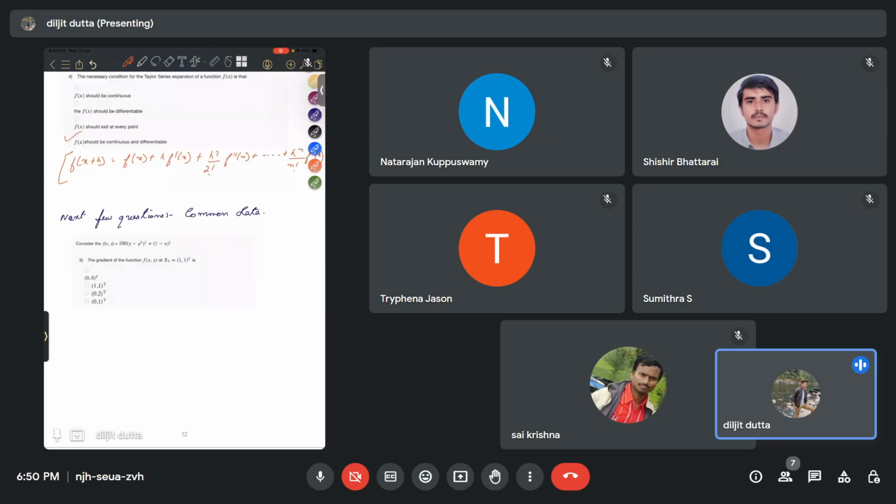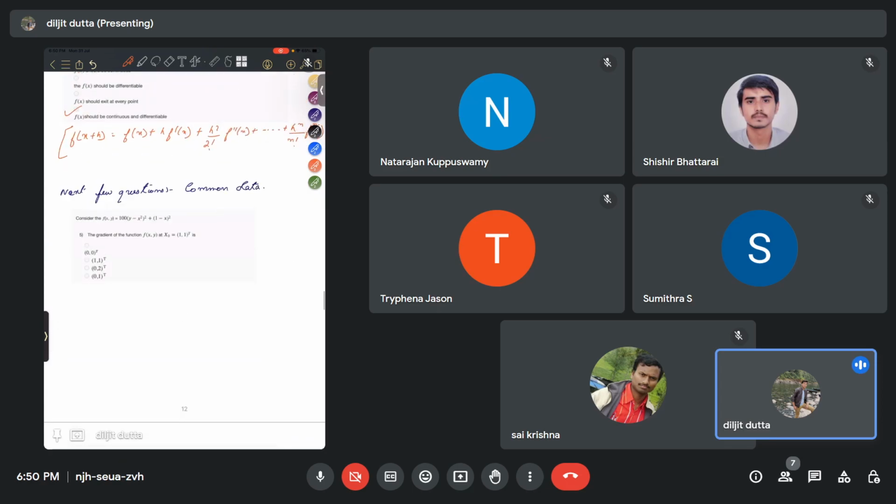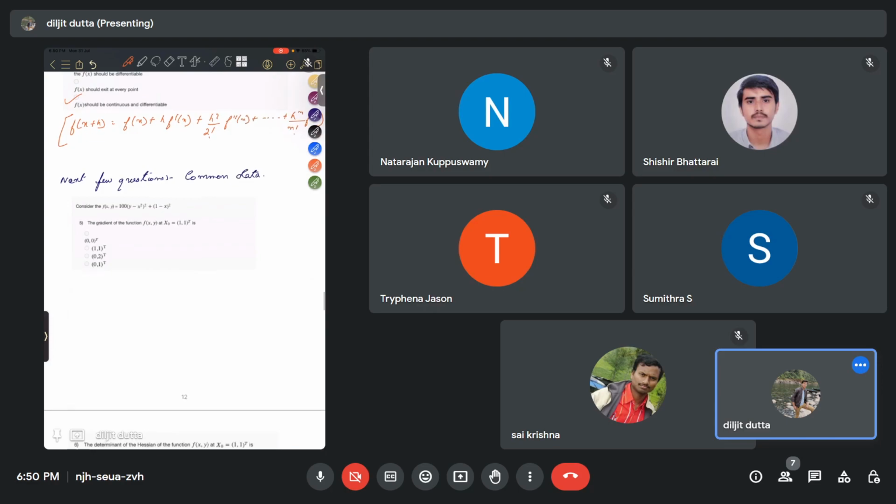Okay, now the next few questions, question number 5 to 7, will be based only on this equation. It is given f of xy, a function of two variables, is equal to 100 times (y minus x square) whole square plus (1 minus x) whole square. The gradient of function f of xy at the point 1 comma 1 is,